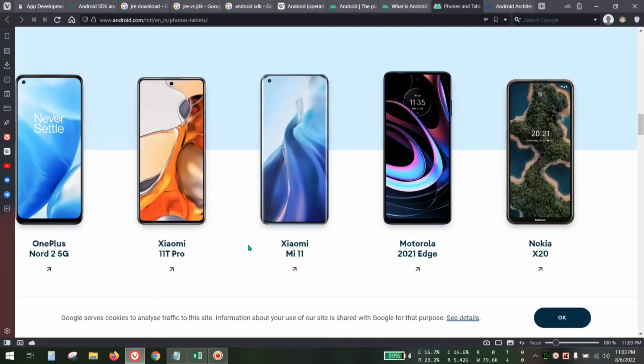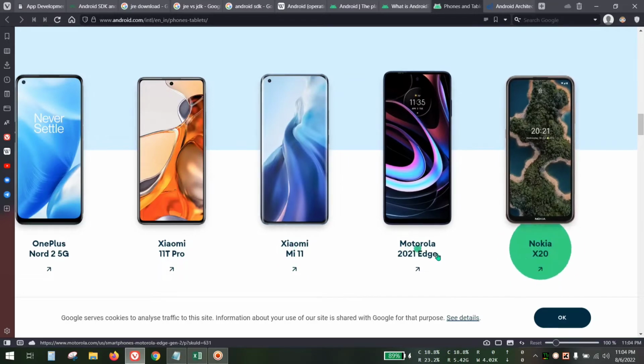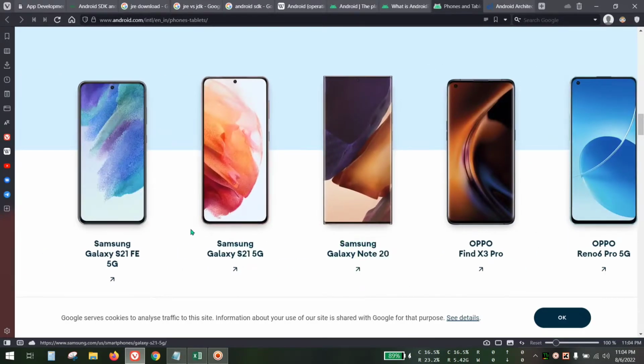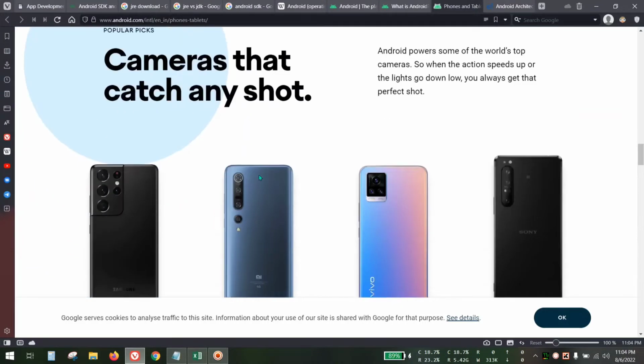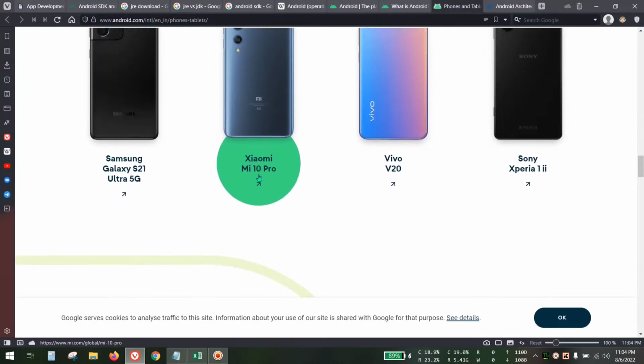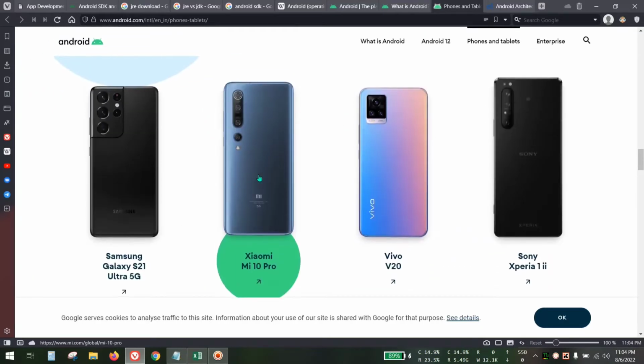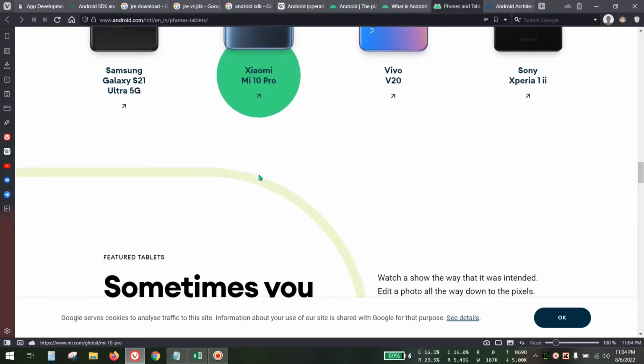And Xiaomi is a very good mobile. There are also Motorola and Nokia. They all use Android as their main mobile OS, except Apple. Apple uses their own operating system,